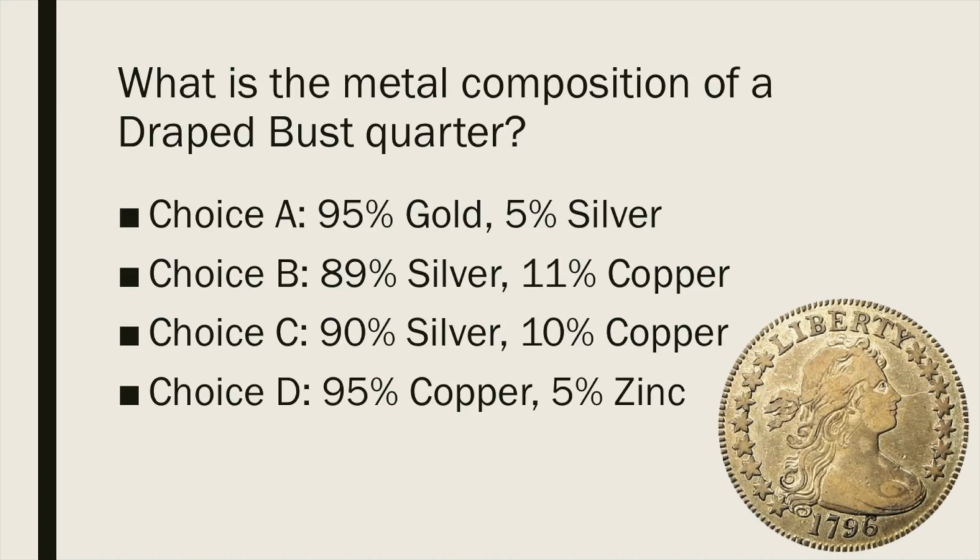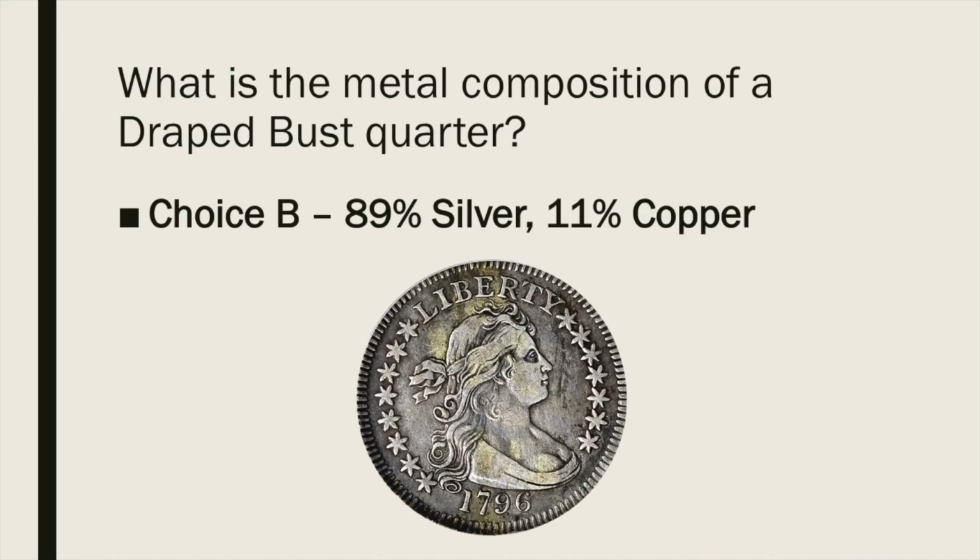Up next is, what is the metal composition of a draped bust quarter made in 1796? Choice A, we have 95% gold, 5% silver. Choice B is 89% silver, 11% copper. Choice C is 90% silver and 10% copper. And choice D is 95% copper, 5% zinc. So I'm going to move to the next slide, and it's choice B,